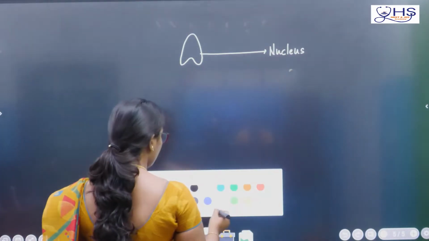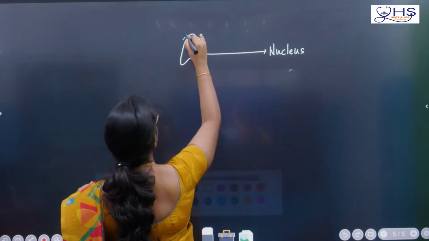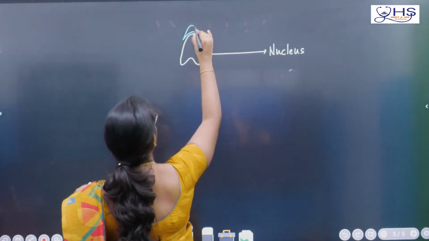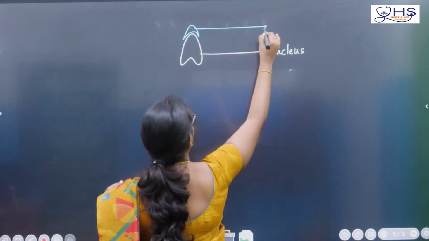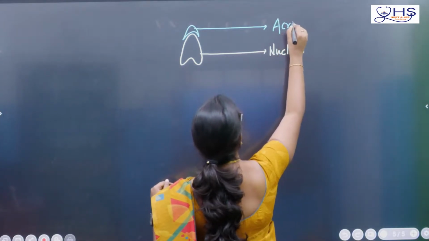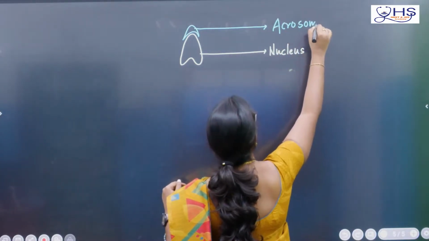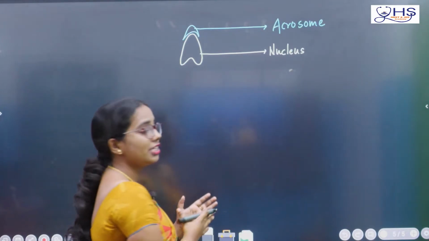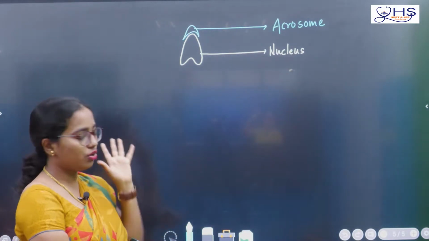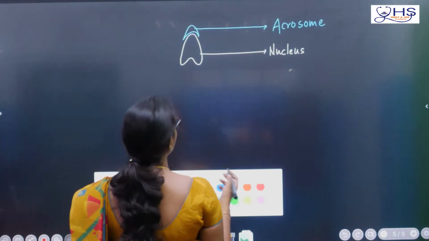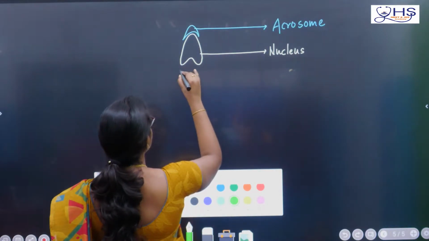And above the nucleus there is a structure. That tip structure is called the acrosome. What is the acrosome? It is the Golgi apparatus, the modified form of the Golgi apparatus is the acrosome. So what is present above the nucleus is the Golgi, but we don't call it Golgi, we call it the acrosome. Next,